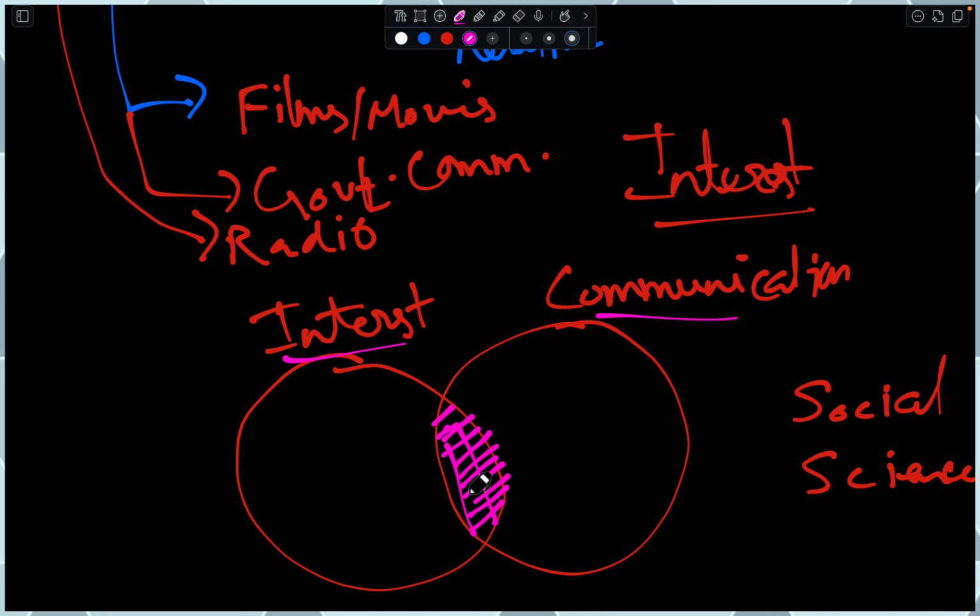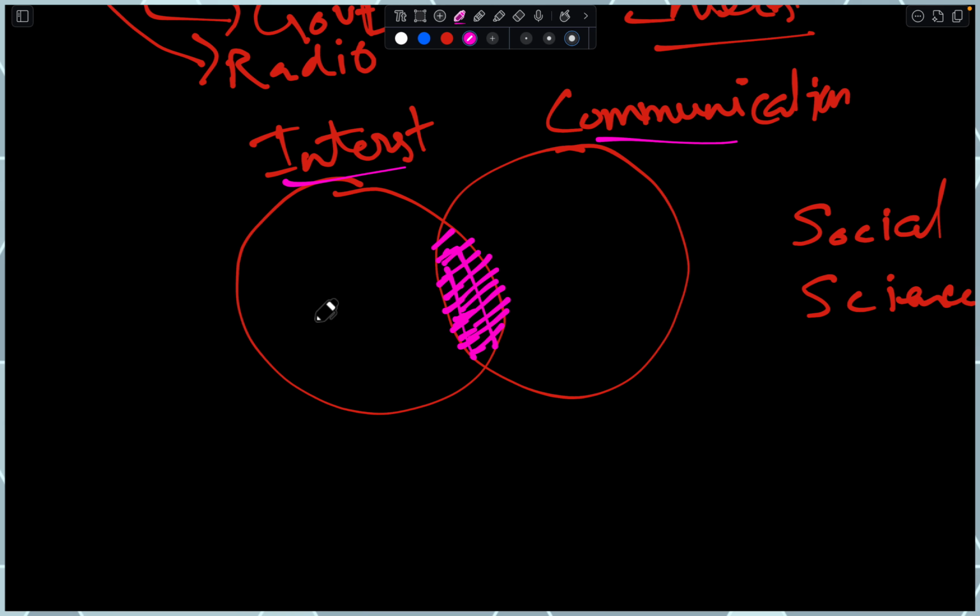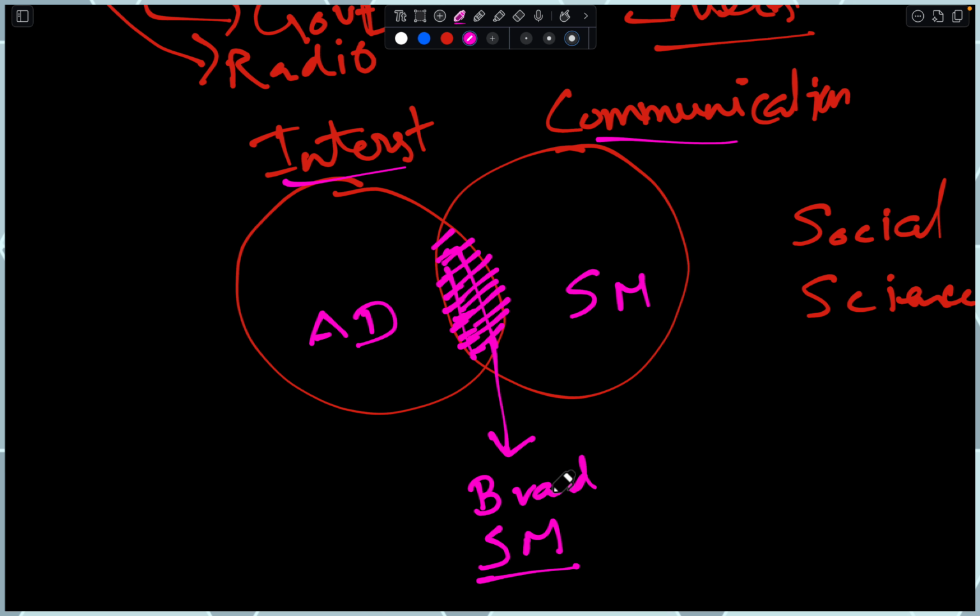Say, for example, you are very much interested in brands or advertisements. Your interest is advertisement, and you can maybe choose social media, and you can choose how brands advertise in social media. That can work for you.